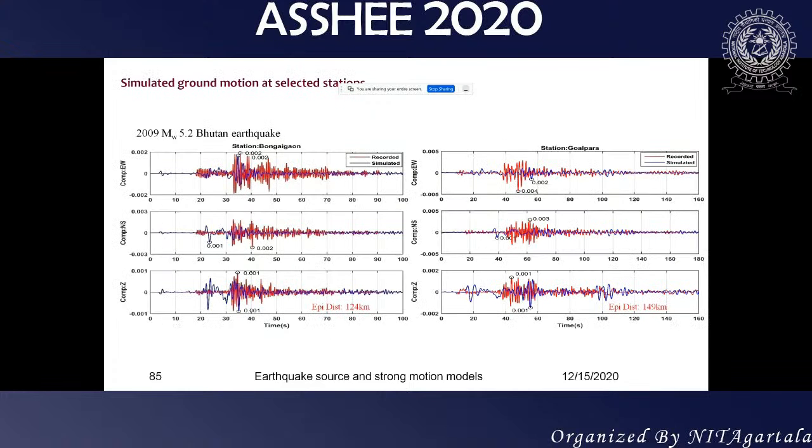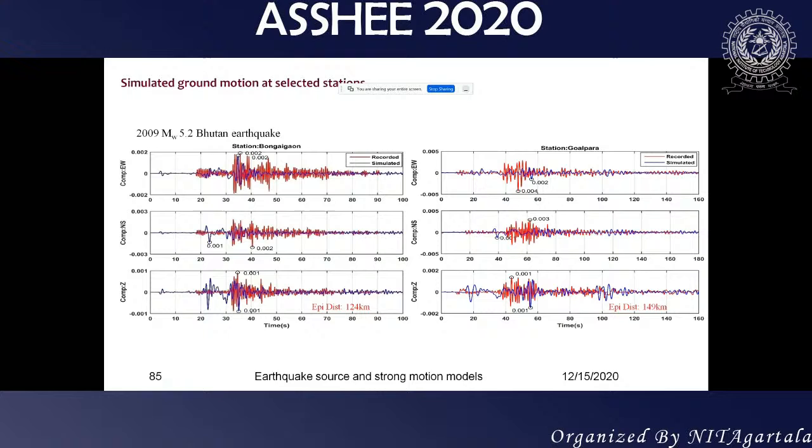I'm just showing you some calibrations here. We have not filtered the data. I'm just showing the recorded and the simulated time histories, to see how they look. We are still calibrating our model itself. Like this, we have done it for all the past earthquakes. Several earthquakes are there in the Northeast.